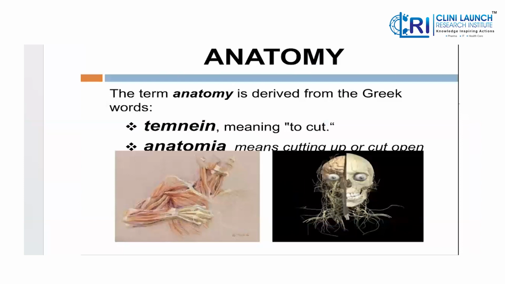Yes, ma'am. So the term anatomy is derived from the Greek word temnion, meaning to cut. Anatomia meaning cutting or to cut open. So this is what anatomy means. By definition, it is the science of structure and function of the body. So this is how the structure, like where the nerves or the organs are placed, and how the functions are